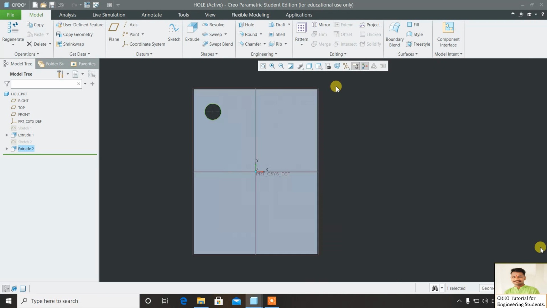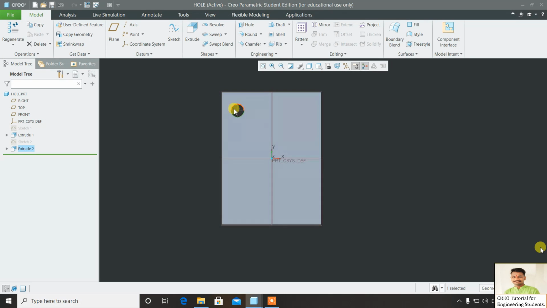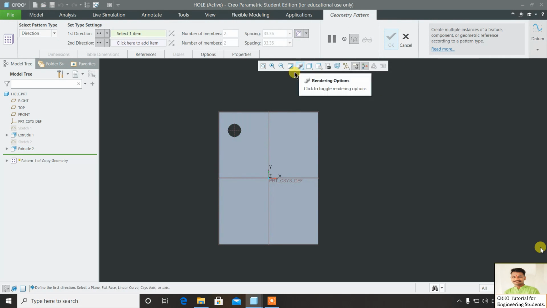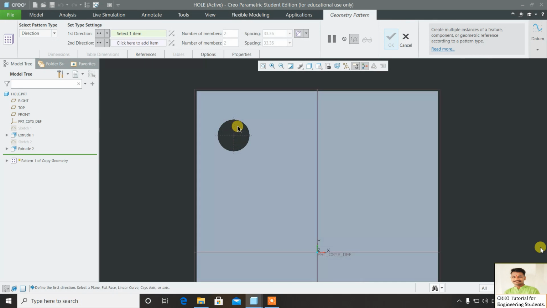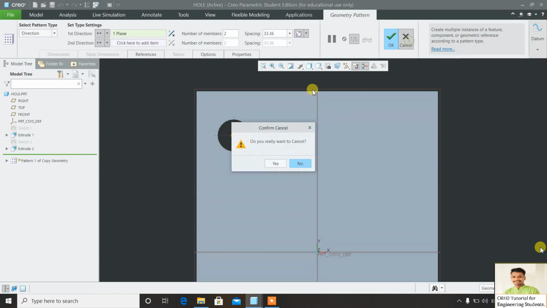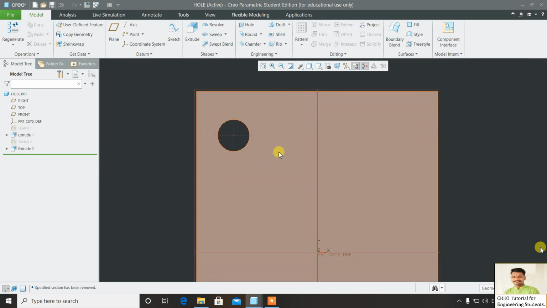But students, if I want to create the same holes on all 4 quarters, then what will I do? It is a very tiring task to create a hole with the extrude command in all 4 quarters. For this, I will simply go to the pattern command, select geometry pattern, then click on the hole that we want to pattern.